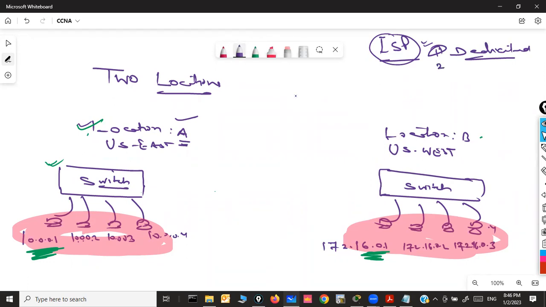And the shortcut method is using the internet as the transport, as we all are connected with each other with the help of the internet. So the internet is another method. So basically, there are two different ways to connect two different locations. One is connecting both networks directly with an optical fiber cable, right?